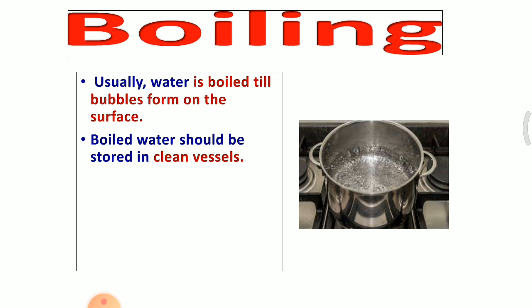If it is maybe 1 liter of water or 2 liters or up to 10 liters of water, we can boil the water using gas stoves. If it is maybe 1000 liters or 2000 liters of water, how can we kill the bacteria and germs present in that water? Using the chlorination method, we can kill the bacteria and germs from that water. So boiling is one of the simplest methods, and it is only used for a small quantity of water.